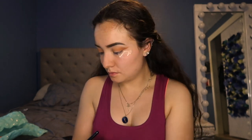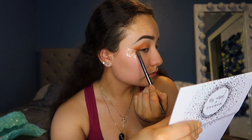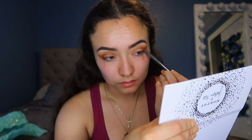Then we're gonna switch palettes and go in with Armed and Gorgeous. We're gonna switch brushes and go in with Smooth Criminal. This brush is not working out for me, y'all. Same on the other side. Okay, and then